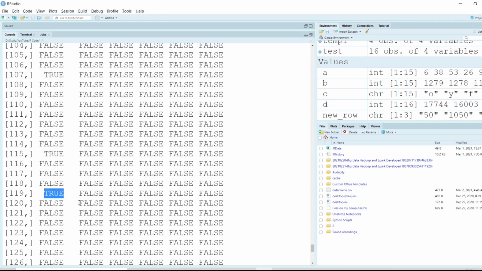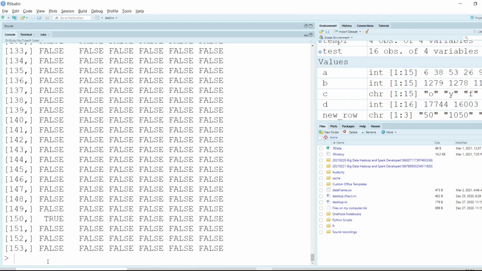So this does not give us useful information. If you just want to find the total number of missing values in each of the columns, we can use the colSums function, and inside the function we can pass is.na, and inside is.na we can pass the data frame.